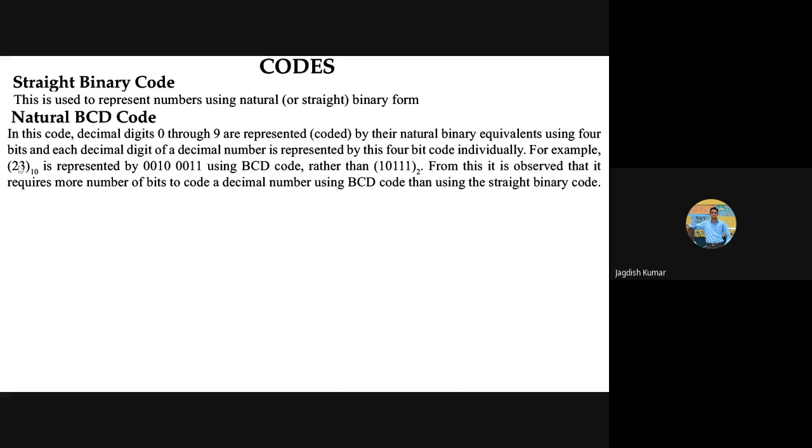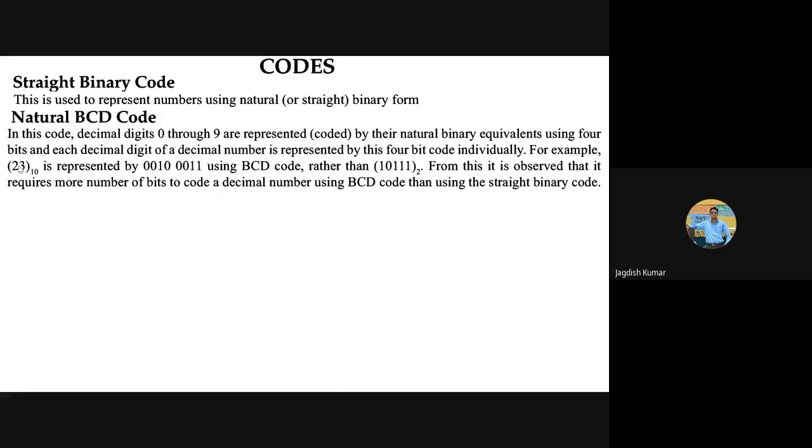Why? Because for every digit you have to apply a set of 4 bits, and then you have to get the corresponding binary equivalent, and that's it. Correct? For example, if you have to write down, say, 264, what will that be? That will be a binary number in BCD containing how many? 4 bits for 2, 4 bits for 6, 4 bits for 4.